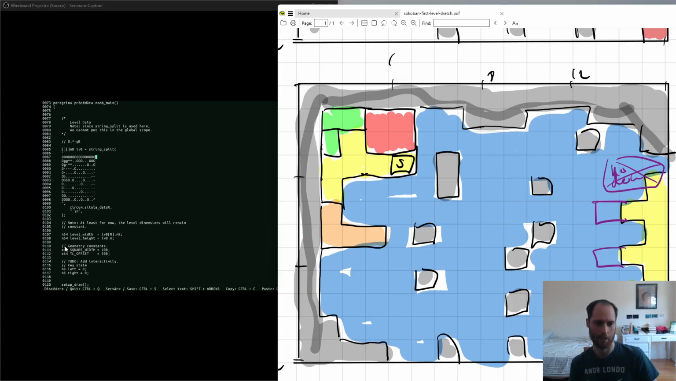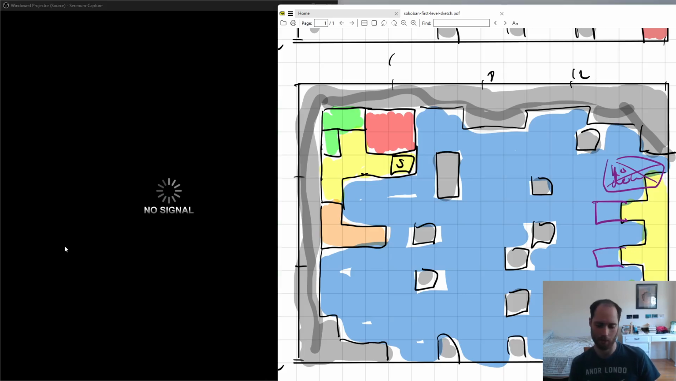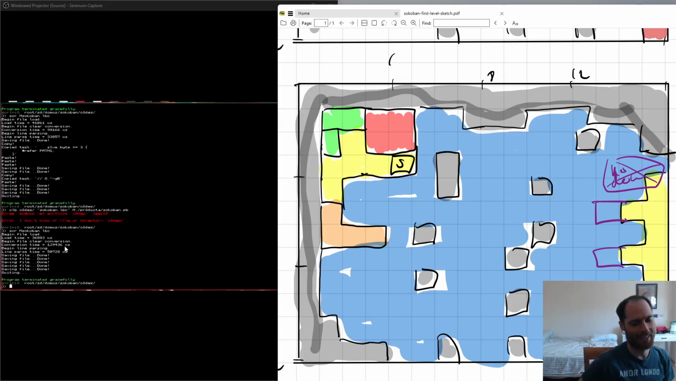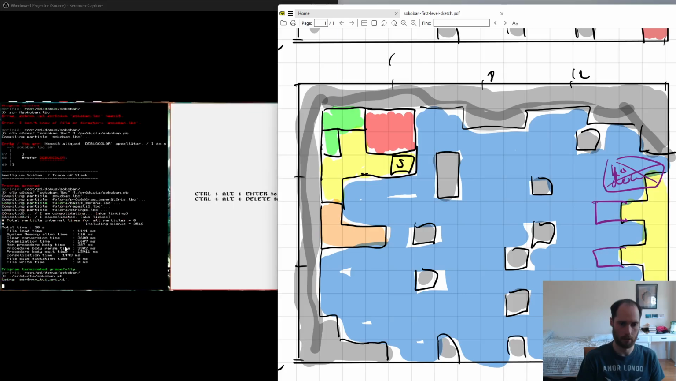Just making sure there's not any extra spaces. Okay. So yeah, let's now compile this, and I hope there's no errors. There shouldn't be any errors from this. All we've done is update a string. So